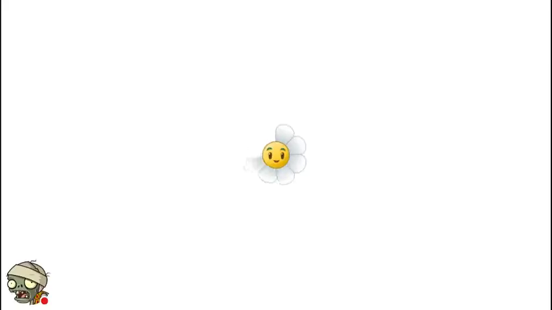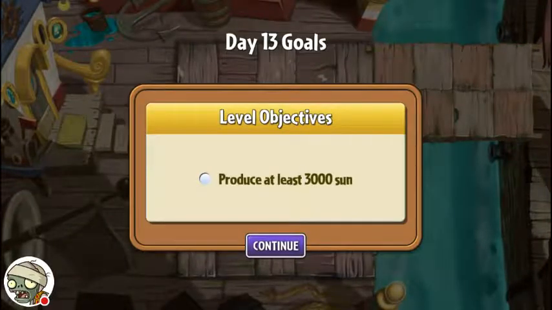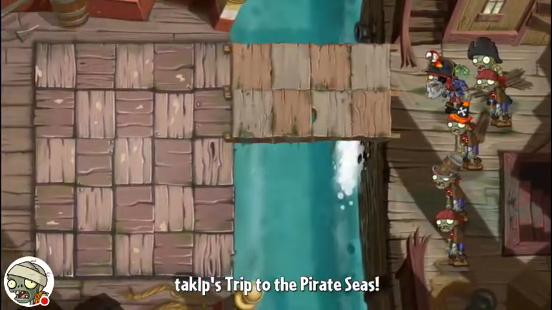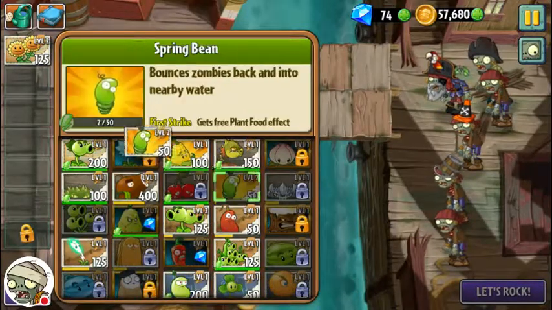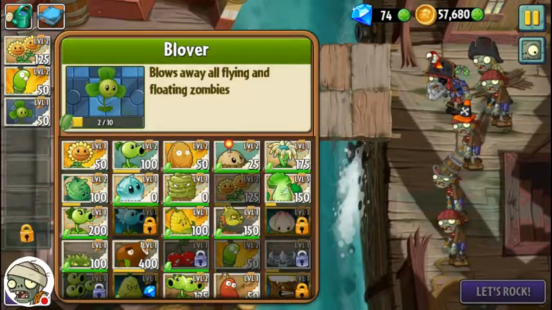So I think my gem quest is for the ice caves, the Frostbite Caves. Produce at least 3,000 sun, so this is yet another type of gimmick level. And good, we have pirate captains, just what I needed. So we're going to need a lot of that. I'm going to take him. I'm going to take the blover. Those are the two I mentioned